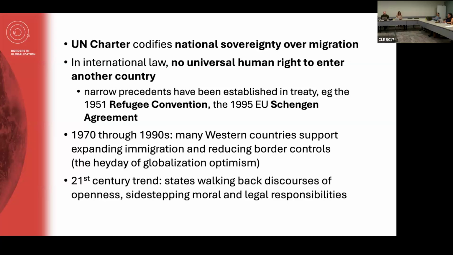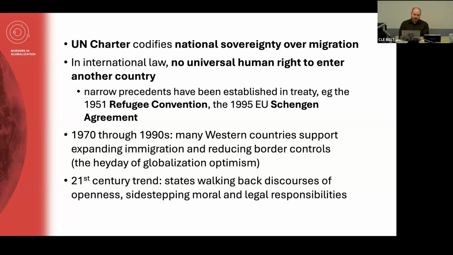In the period from the 1970s through the 1990s, in Western culture, in many Western countries, there was expanded support for immigration and for reducing border controls. Think of this as coinciding with the heyday of globalization optimism. We're in the period of new technologies, commercial air travel, the internet, all of these sorts of things, and the idea is that people should be able to move too. So there was a lot of positive, proactive policy support to improve immigration channels and to welcome asylum seekers in